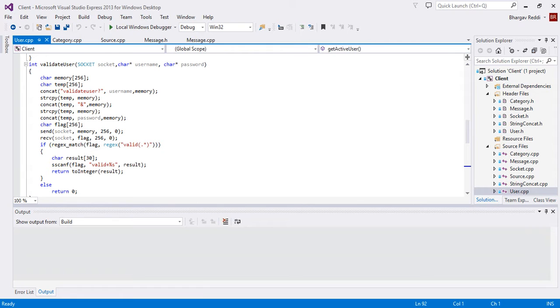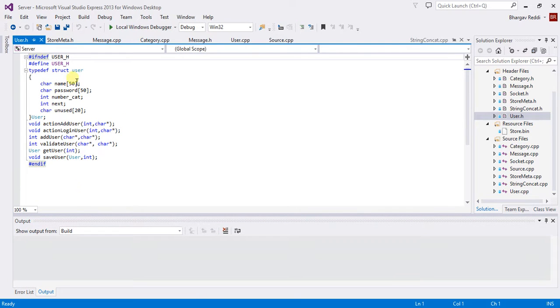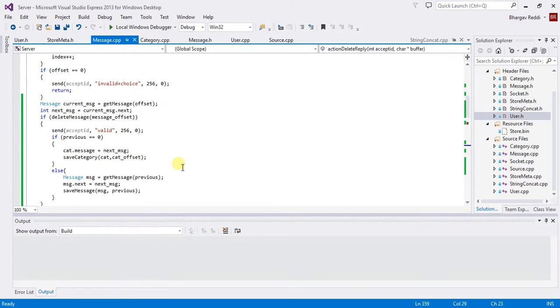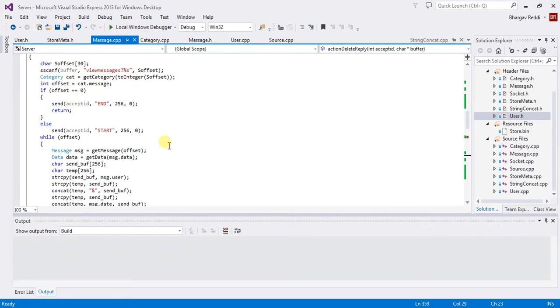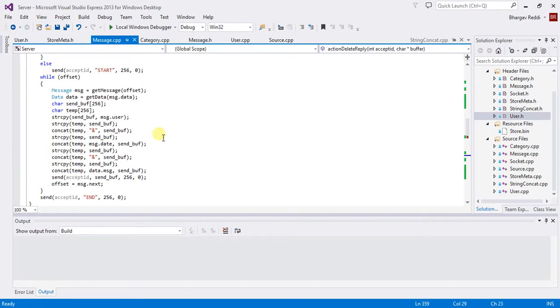Now let's see how the server sends a number of messages at once. So we have to see view messages. Firstly, if there are no messages, I will directly send end. If it receives end, there are no messages. Otherwise I'll send start. After that I will traverse everything, and every message would be visible. And lastly we will send end. So start and end will contain the messages, and the metadata will be separated by end and end. So at the client side it will decrypt the message and get the other parts. That's it for